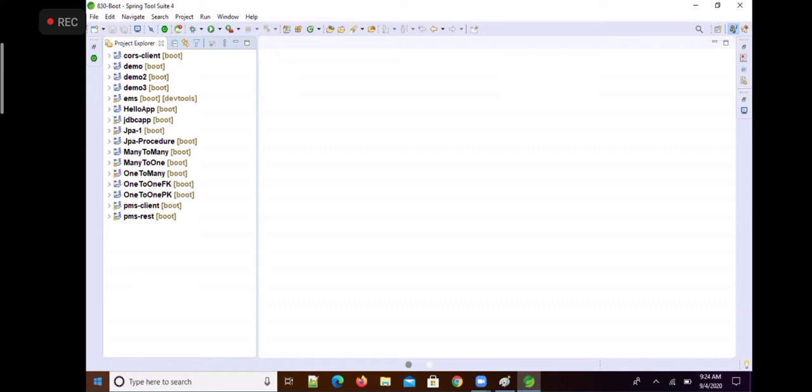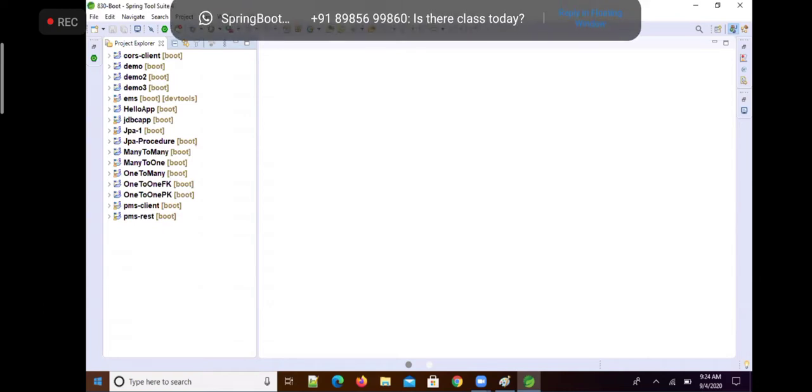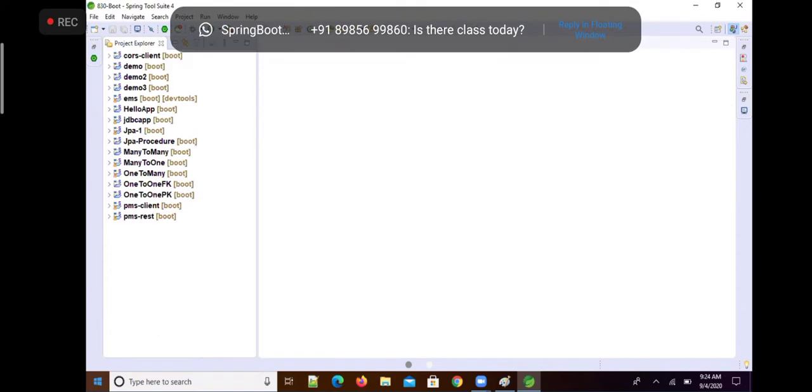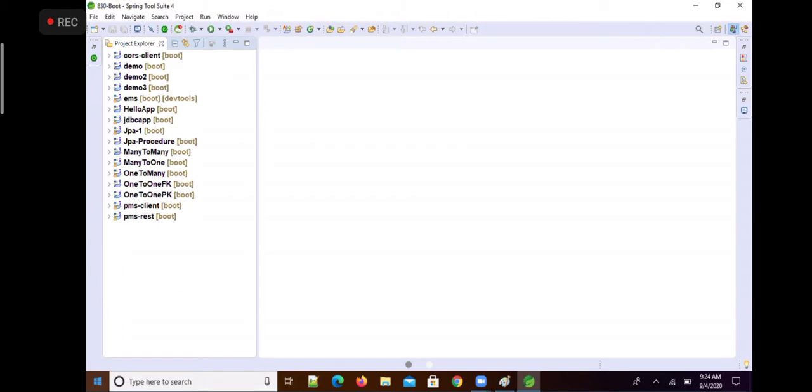If cross origin resource sharing is enabled, then the JavaScript code running on browser can access the resources from a REST API. So when you are creating a RESTful web service, we are also going to see how to enable cross origin resource sharing support, so that a script from any server can access our REST API. That's the point. So first I would like to show you the error.